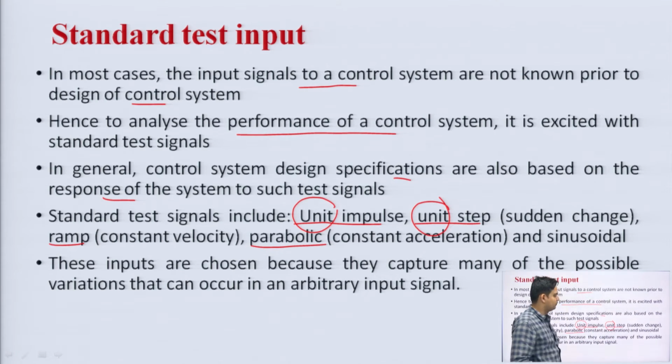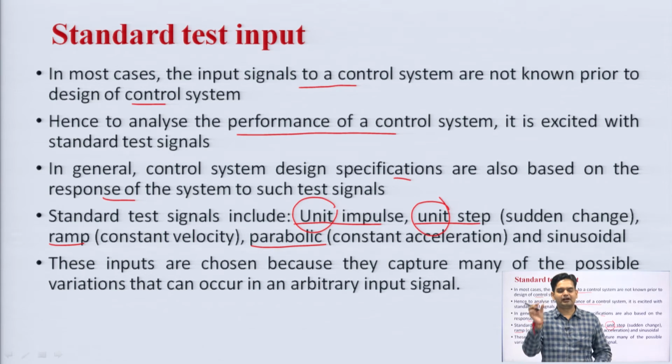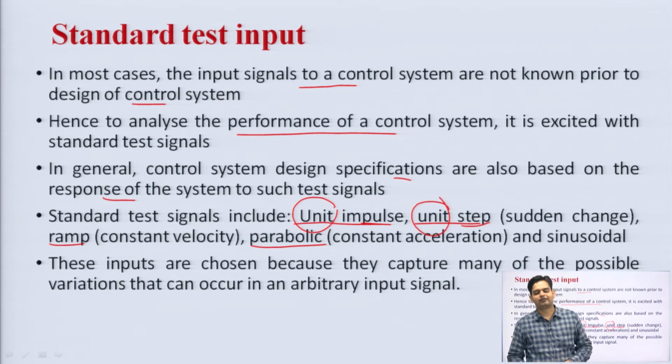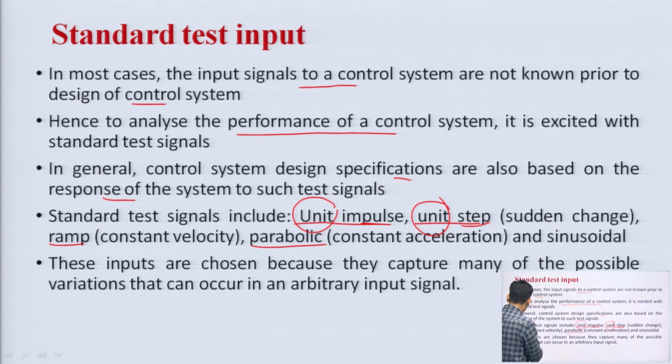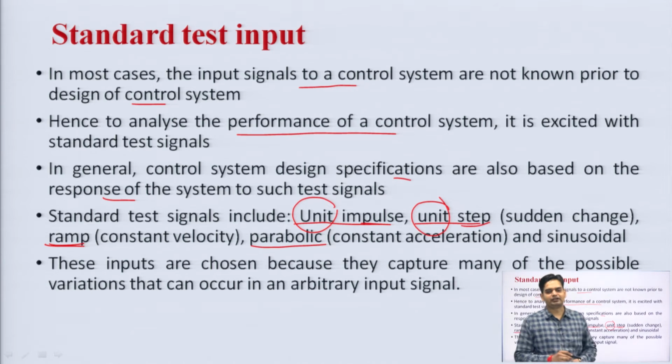What is the meaning of unit impulse? It means in case of unit impulse, we are assuming that the area under the curve is unity. So, that is why we are saying it is the unit impulse signal. The second signal is unit step. Here the amplitude of the signal is 1. So, that is why we are saying it is the unit step signal. In the same way, when we come to unit ramp, the ramp signal is a continuously rising signal. Here the slope of the signal is 1. That is why we are saying it is the unit ramp signal, right.